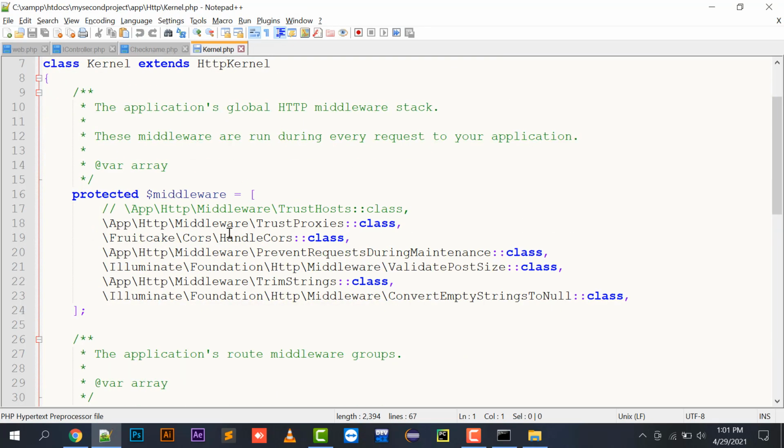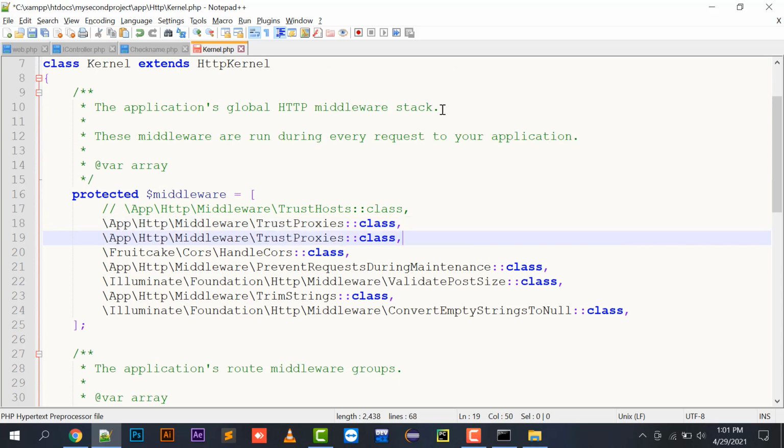So I'm going to open this kernel.php. Here all the middlewares used by default by your project are mentioned. I'm going to create the entry of my middleware, app HTTP middleware.